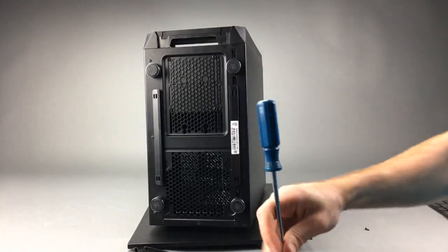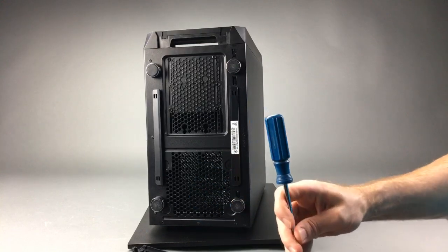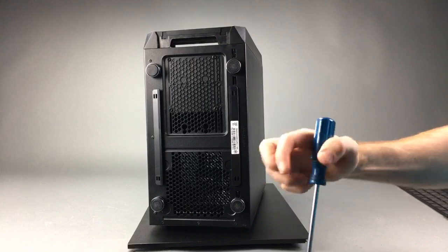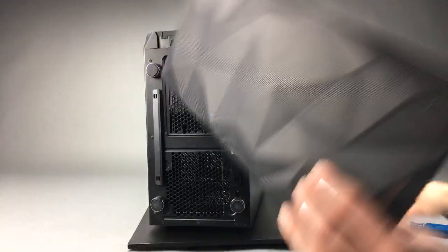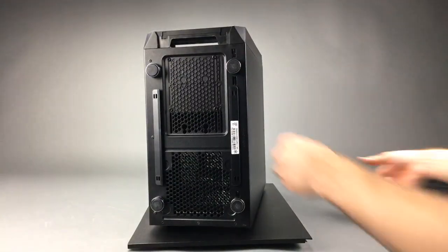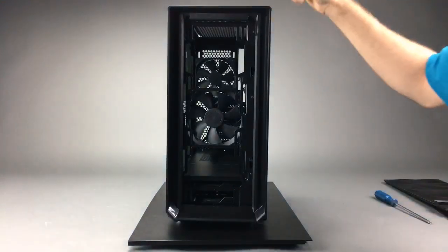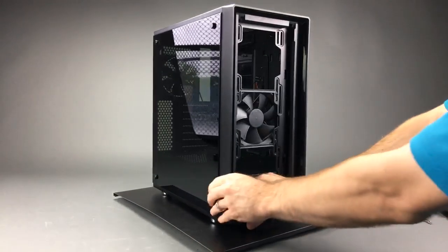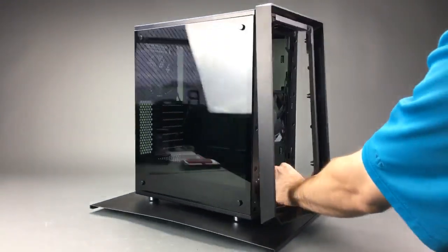Now, going back to the comparison between this and the Define C, the Define C has no front mesh grill. It's your typical solid front bezel with just the air vents on the sides, and then you've got the air intake where your hand goes on the bottom to remove the bezel. But that has a removable front filter screen. So, does this front bezel assembly pop off easily like the Define C? Almost. You can pop this off just like you normally would, but then...